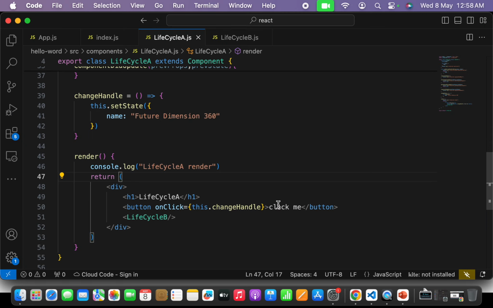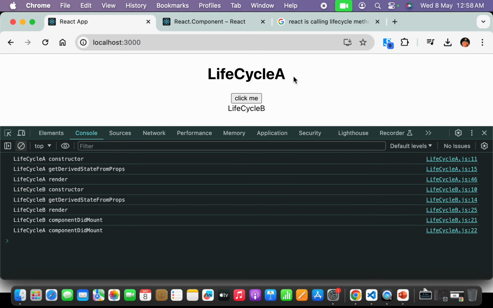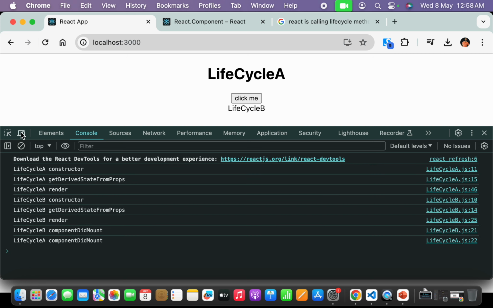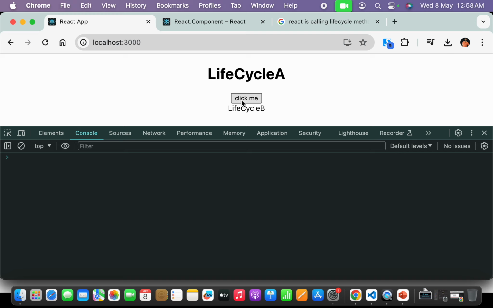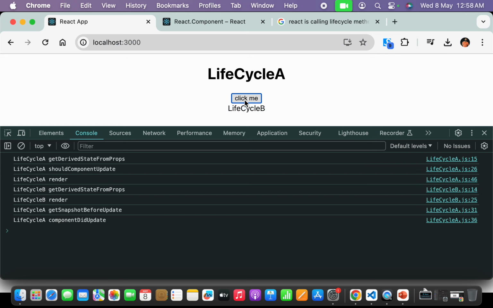Click, the spelling is wrong. Let me correct it, and let me clear all the console, and here we are now. Let's go ahead and try to update the state. The state is empty and we will update it to future dimension by clicking this button. As soon as I click my button, my state is updated, and you can see in the updating phase, first